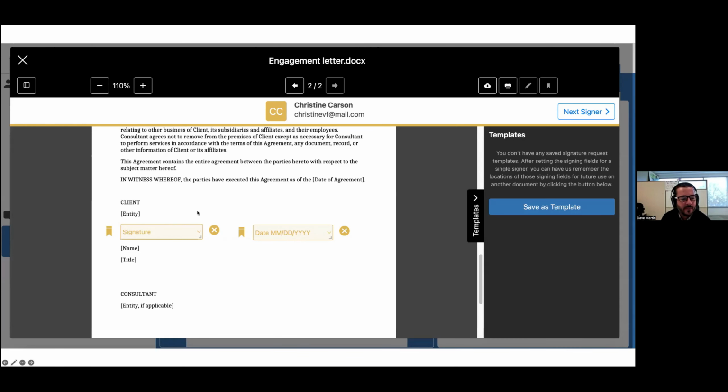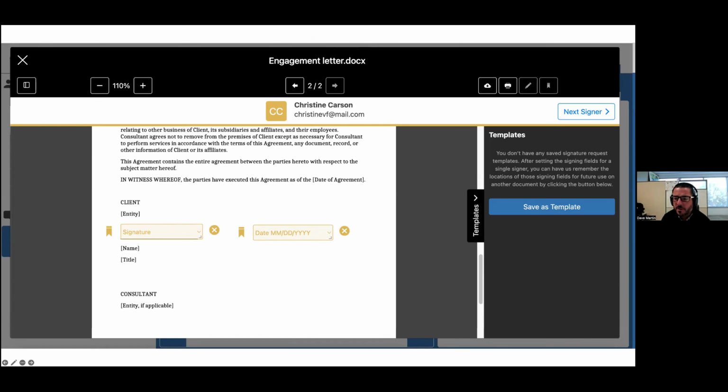And what I could do here is go to next signer and then set it up for the next signer. You have to set a document up for each signer individually. We have videos on our YouTube channel that you can look at that'll give you a lot more detail, but it's really simple. You basically take your mouse, draw the boxes where you want the signatures to go, and then hit next. And at the end of the process, the recipient is alerted that the signature request has been made. And then when they click the link, they come in and just click X's to sign everywhere where you ask them to sign.